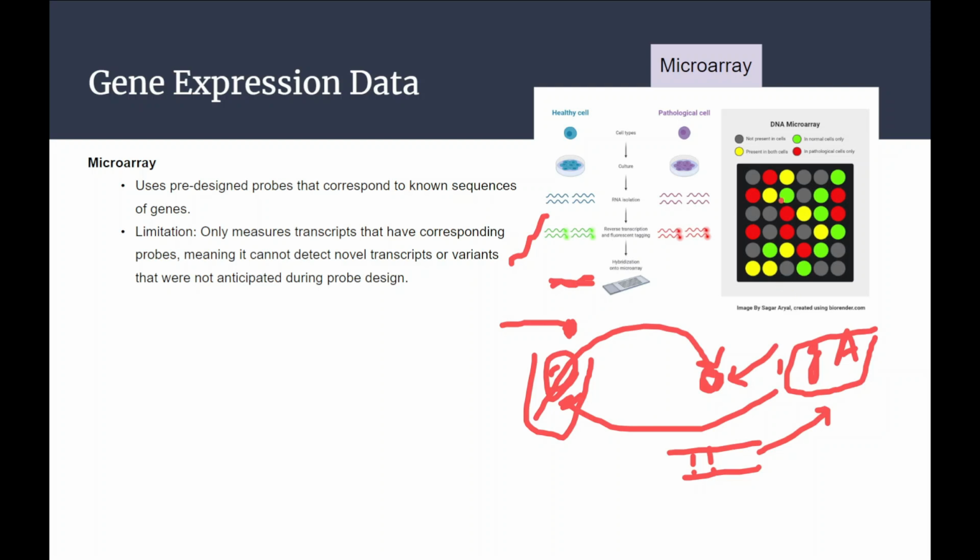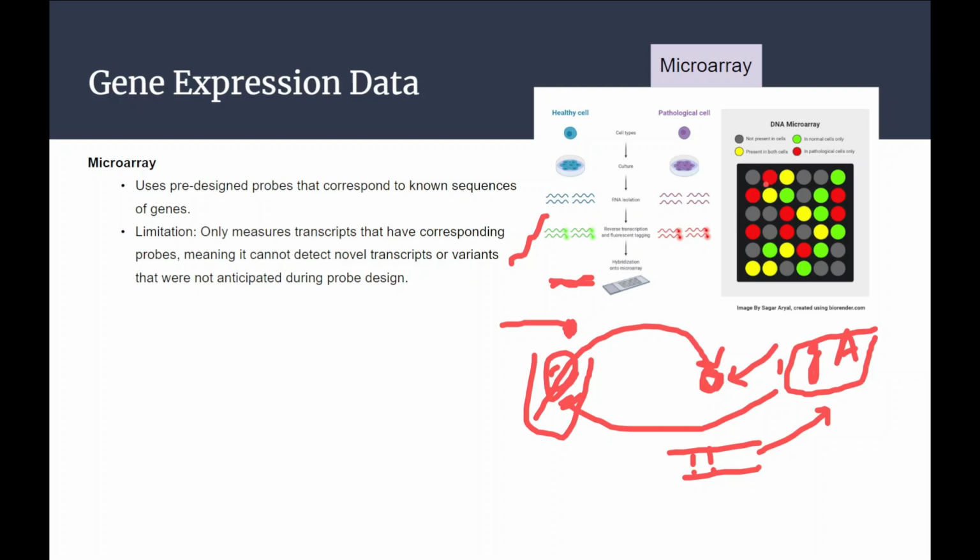So the same thing we are looking for, for example, in this particular case: we collected all the transcripts from this sample, put them on this particular dot, and I have added a probe for, let's say, gene A. If you get no signal, meaning gray color in this example, it means gene A is present neither in the healthy cell nor in the infected cell.